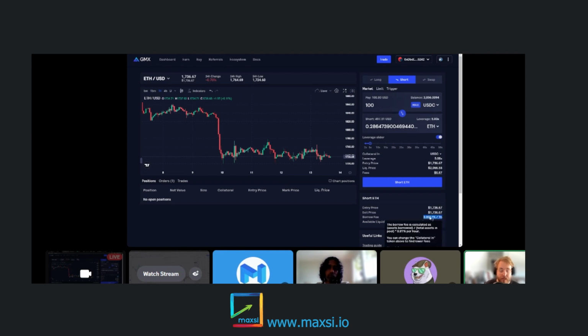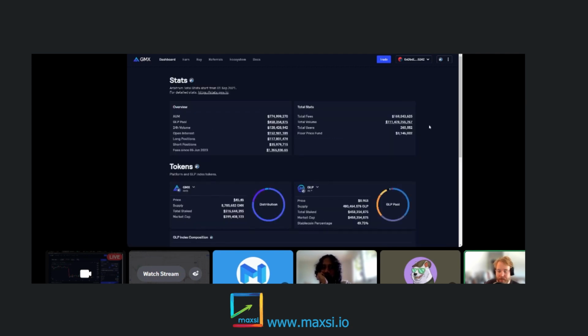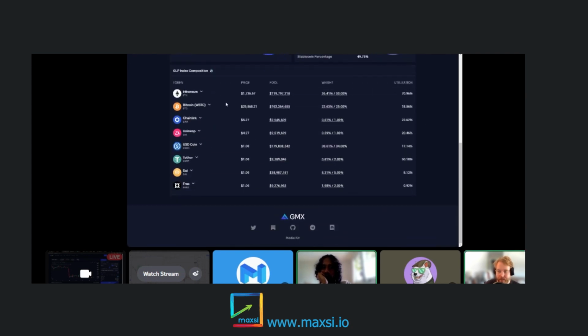This interest changes based on how much the asset that you're using as collateral is being utilized. So if I go back to the dashboard here, you can actually see, here's the composition of the entire liquidity pool. And then here, this utilization rate on the back side, you can see here, Tether, 50% in use. So of the 3,789,000 available in this pool, half of those are already spoken for in positions. Whereas at the same time, Forex,